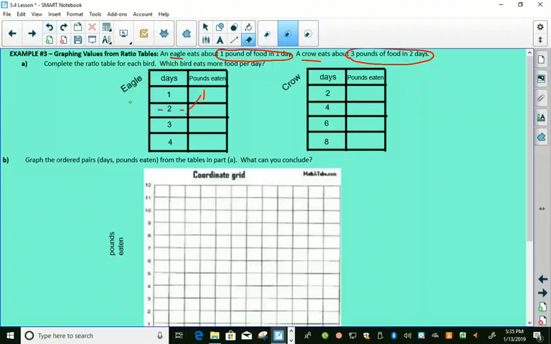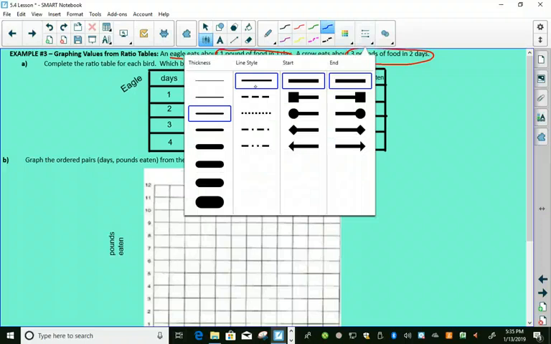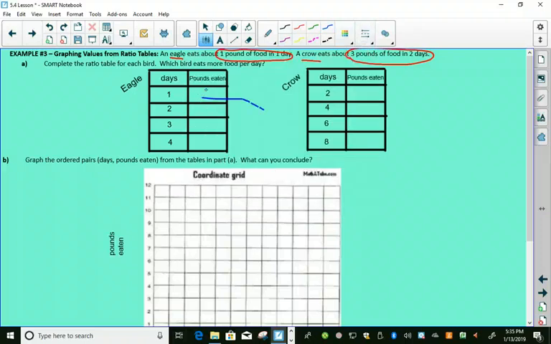After 2 days, my eagle has now eaten 1 pound plus 1 pound. So my eagle has eaten 2 pounds of food. So 1 pound for the first day,